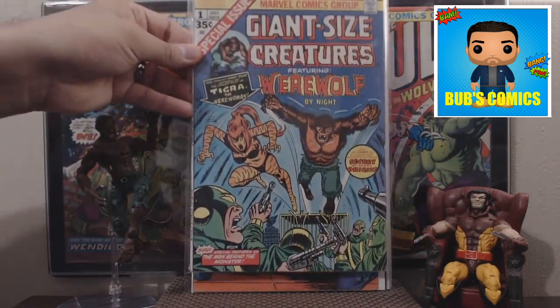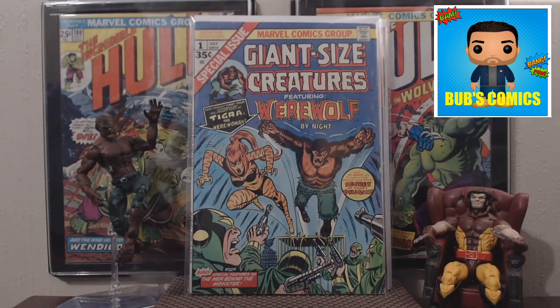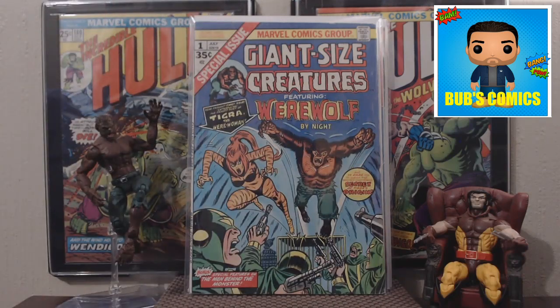Here is Werewolf. This is actually Giant-Sized Creatures featuring Werewolf by Night. So this is Giant-Sized Creatures number 1. So they did Giant-Sized Creatures. There was not a number 2, because this was when they were starting their giant size runs. So Marvel had, it would be giant size and then something else. So this is, you can kind of say, a one shot Giant-Sized Creatures, and then